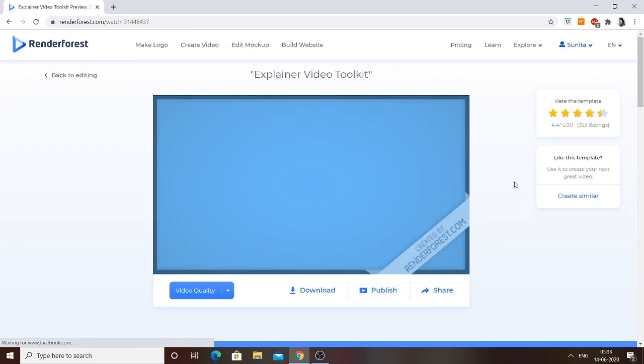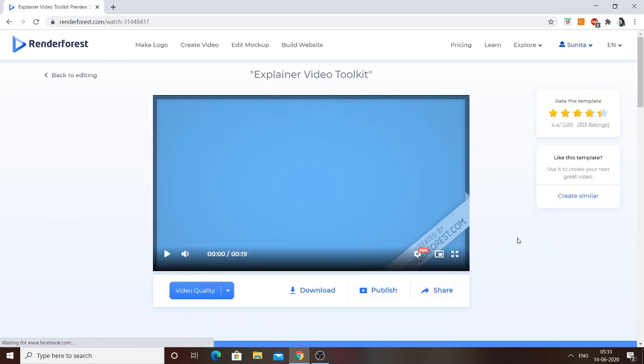In the free version, this watermark will be there. So you can also download it. You can publish it. You can share it. And first, let's play.